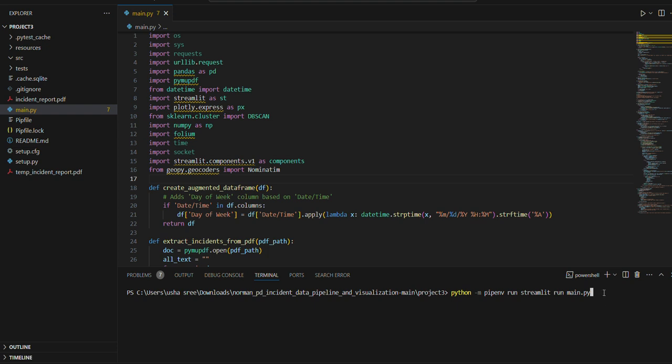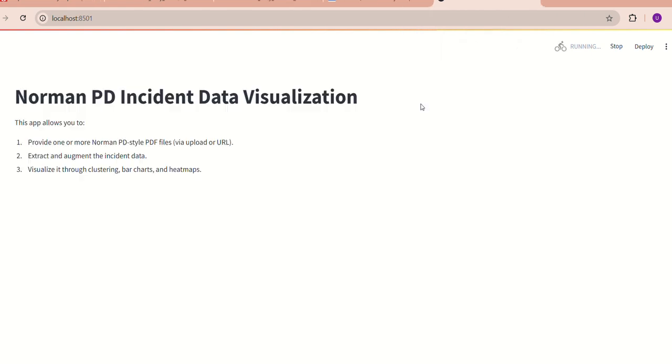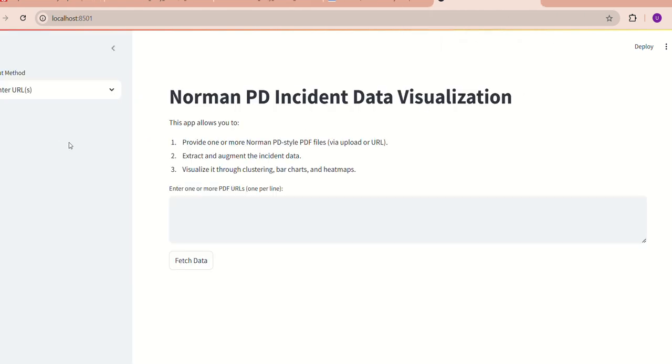So this is the command which I'm using to run this file. As soon as we run this, it's going to open the website. In this website, we'll have two options. It can accept URLs, and also it can accept PDF files. First, when we give a URL,